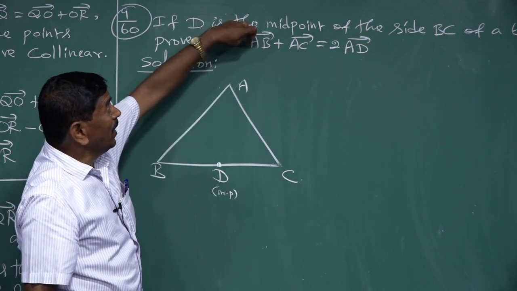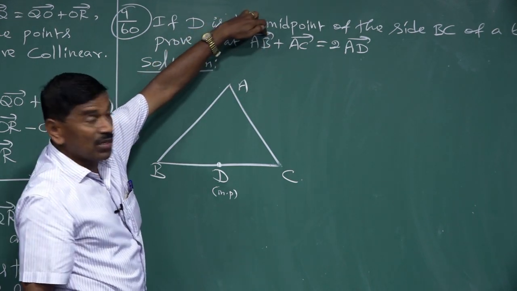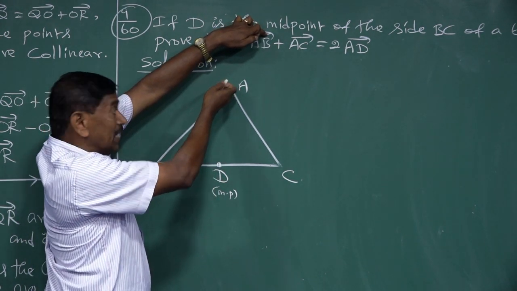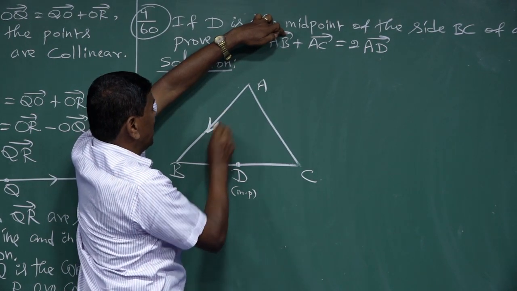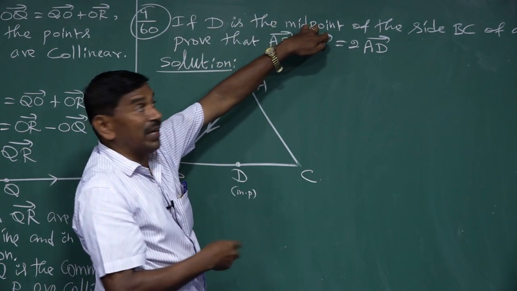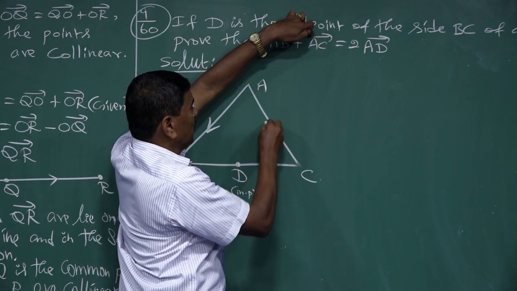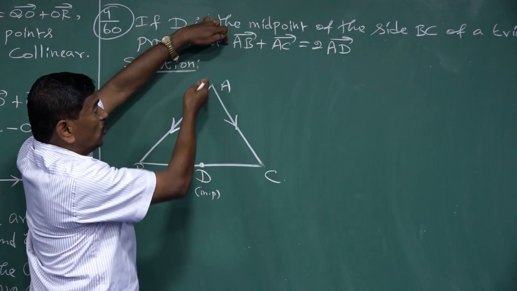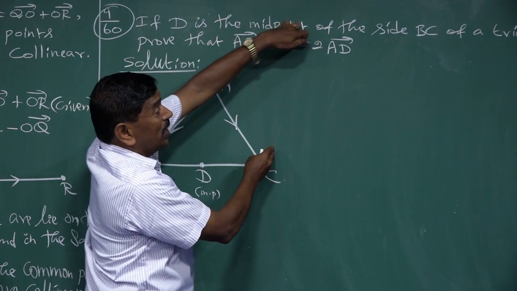Then prove that AB vector, listen, in the diagram, where is the AB vector? Can you tell me where is the AB vector? Yes, AB vector means A to B. Then AB vector plus AC vector. Where is the AC vector? AC vector means A to C. So we want to prove AB vector plus AC vector is equal to twice of AD